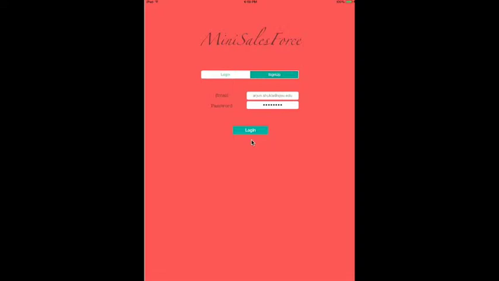The second RESTful API which I have created is for user creation. When a user signs up into this mini Salesforce application, it makes use of this RESTful web service, the user creation, which is a POST HTTP method. The third web service which I have developed is verify unique username and password, which again uses the POST HTTP method of RESTful web services. Also, at the end of this project, I am responsible for testing the entire application.